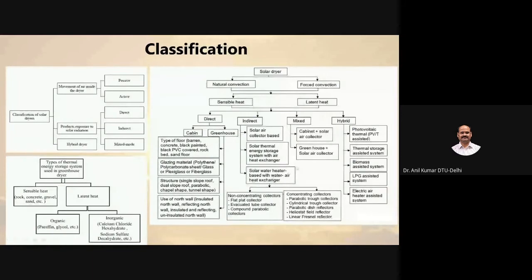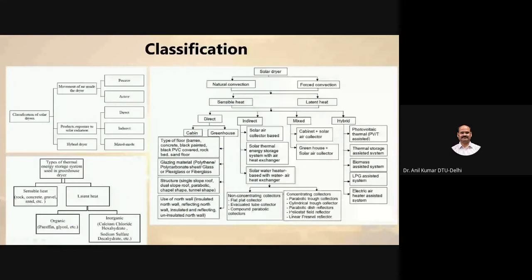Based on that, we have developed one solar drying system. I will discuss it when I show you my lab. Over here, the non-concentrating collectors, flat plate, evacuated, compound parabolic, cylindrical, depend on how much temperature is needed. If it is for an industrial purpose, we definitely need high temperature, which we can achieve with the help of parabolic, linear Fresnel, parabolic dish and heliostat type